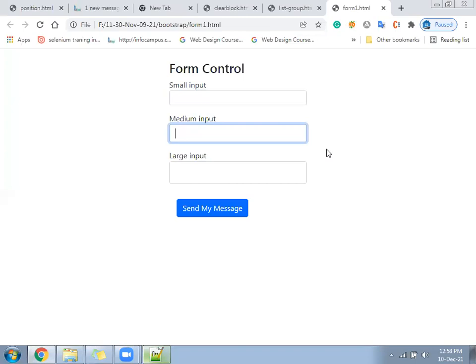Bootstrap.css file, you can find a copy. Find it with Control F, form control. You will find it in there, take it out from there and put it in.